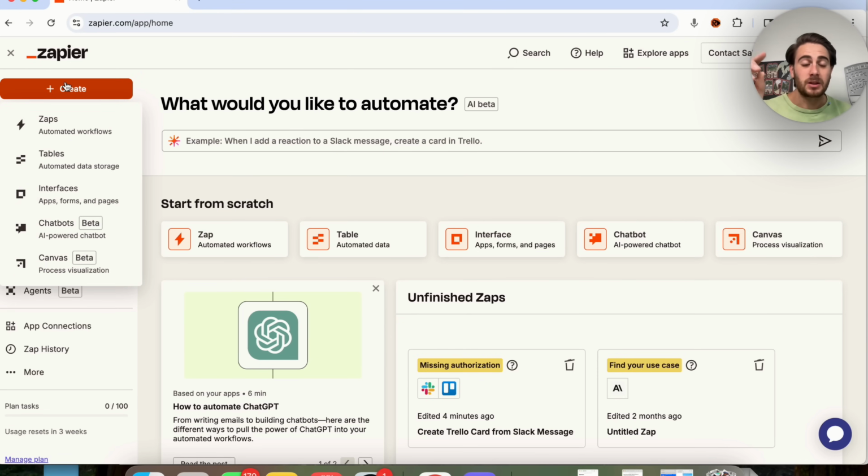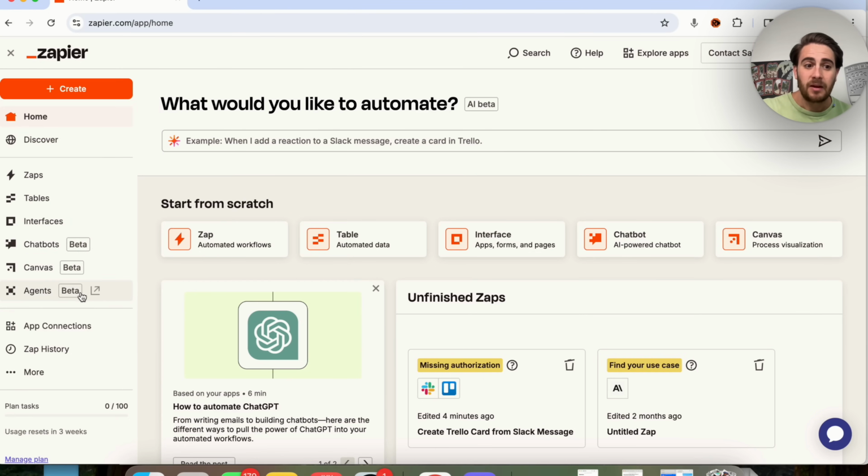It's as simple as literally just clicking on create right here, and we can see zaps are automated workflows, and tables are automated data storage. Interfaces are apps, forms, and pages powered by AI. They also have chatbots in here, canvas, and again, if we come over here, you can actually build out AI